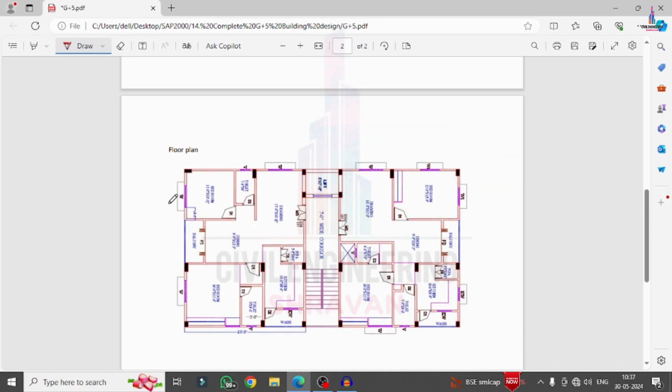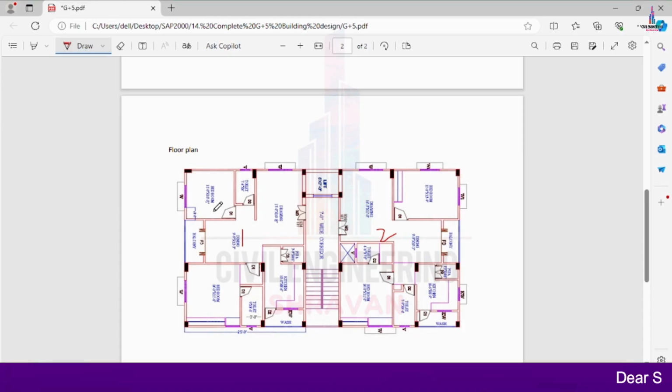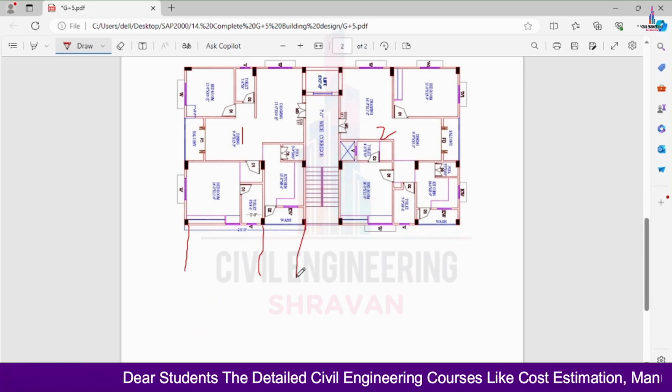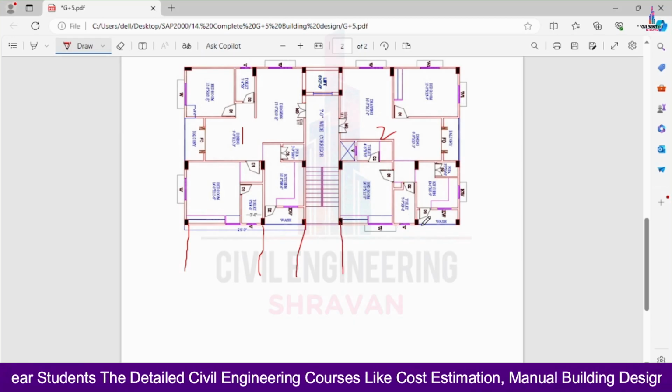Now we can see this is the typical floor plan for this particular building model. It consists of one portion at the left hand side and a second portion at the right hand side. I am considering a residential building here. Initially, we need to take the center to center distance between the columns for these members. So I will assume the center to center distance between the columns and the number of grid lines that exist for this building model.